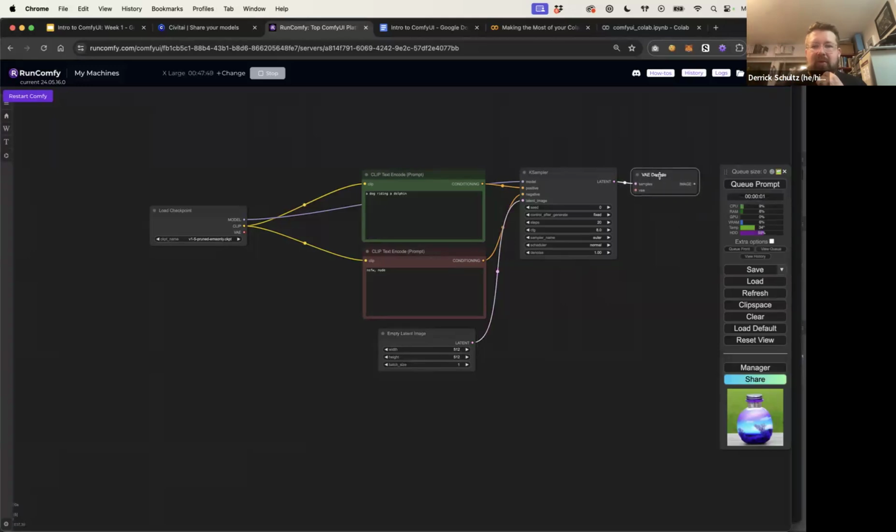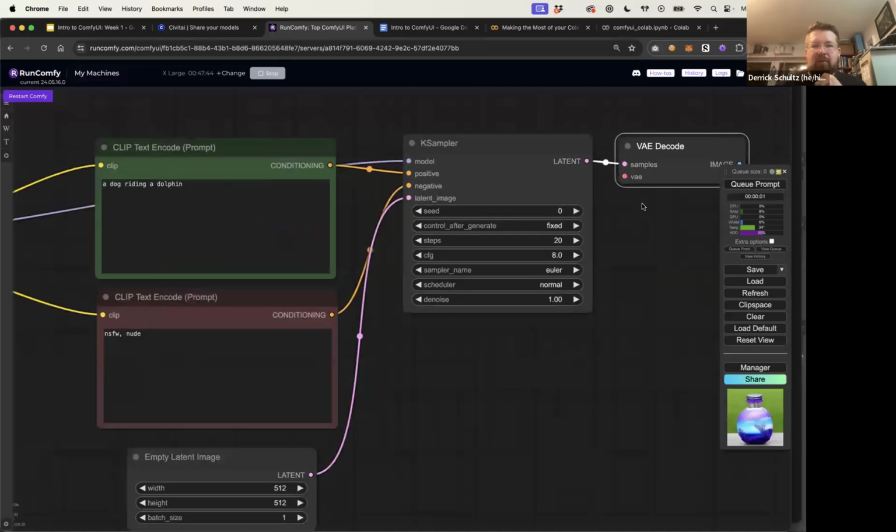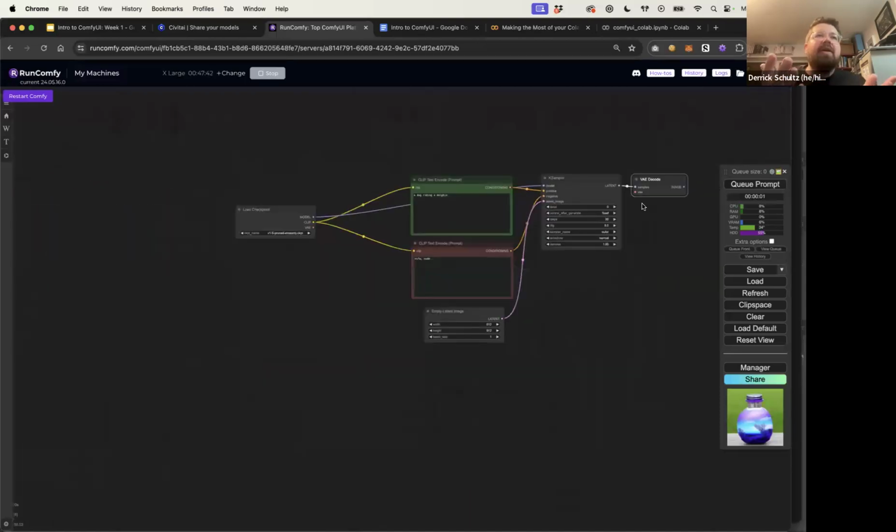So click that, and you'll see that with this, we have a red input node that connects to a VAE. VAE is a variational autoencoder. You can basically think about it as a decompressor. On one side of a VAE is an encoder, meaning it makes something smaller, and on the other side is a decompressor or a decoder. So the K-sampler technically produces the encoded smaller version, and we need to uncompress it to make our image.